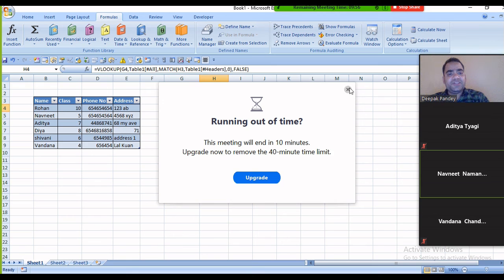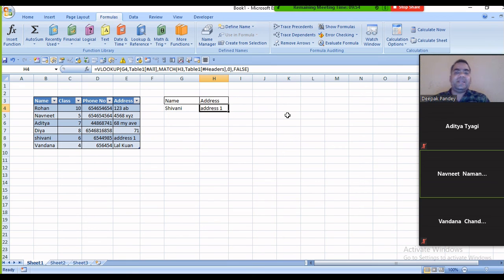Our time is running out because only 10 minutes are left for our class, so again I'm repeating this. We must start with the equal sign for VLOOKUP and then put the open bracket. The first parameter is where you want to look for the value; the lookup value comes from this field, G4. After that, the table array means where you want the data from.